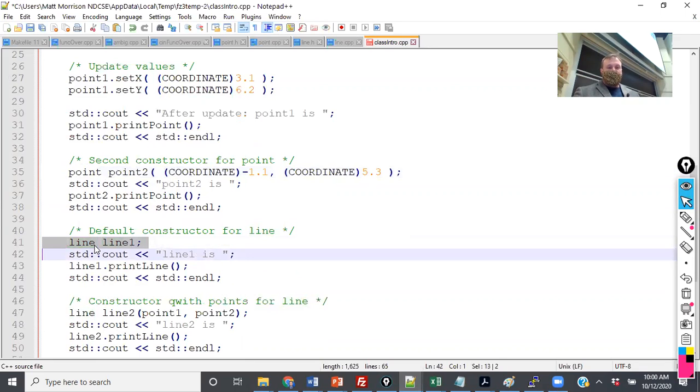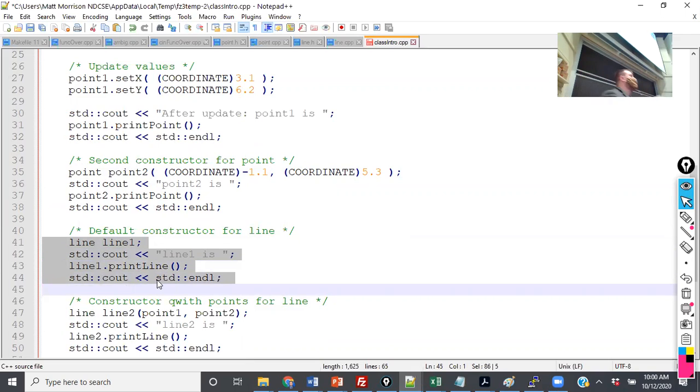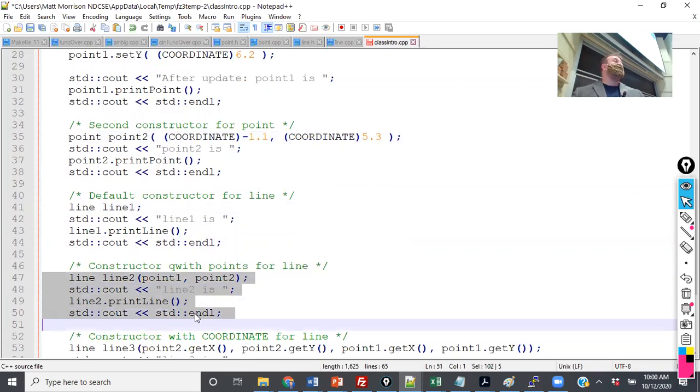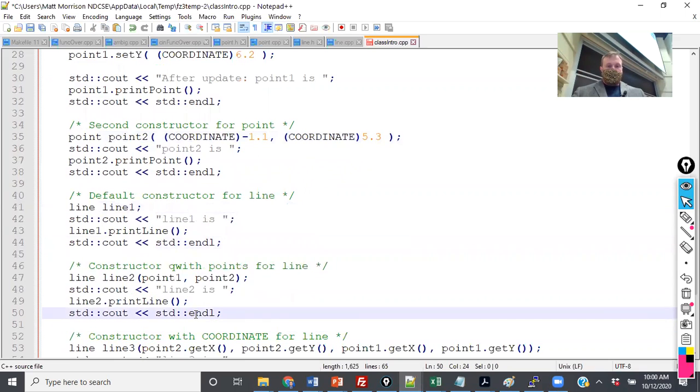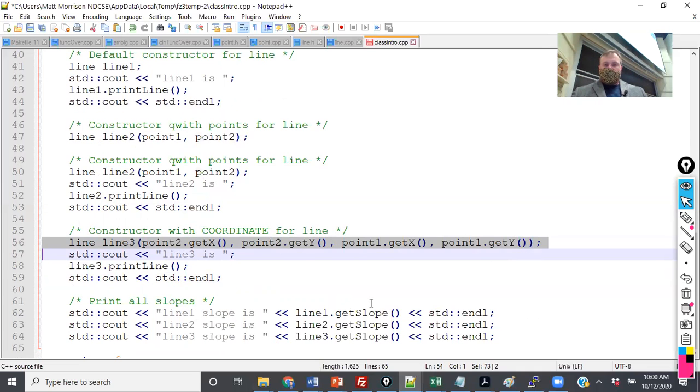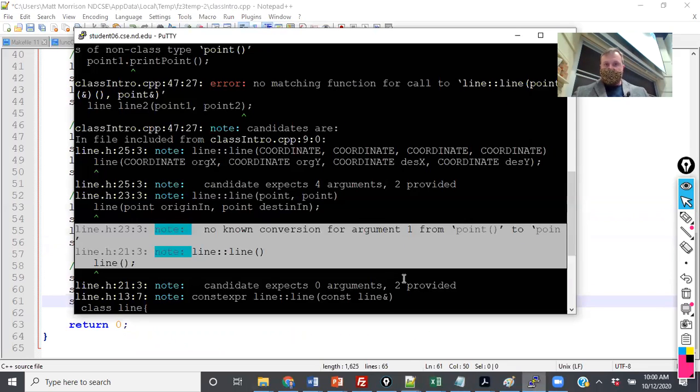And now I have a line that calls the default constructor. Forgive me, I'm going to go through this just a little fast because it's the end of lecture. Since it's the default constructor, it creates 2 points at the origin, so it's going to say 0, 0 for both. Then for line 2, I have point 1 and point 2. And then for line 3, I have point2.getX, point2.getY, point1.getX, and point1.getY. So what we're going to see is that line 2 and line 3 are in reverse. So I've reversed the line. And then the last thing I do is I call getSlope on each of these. So if I run make class intro,